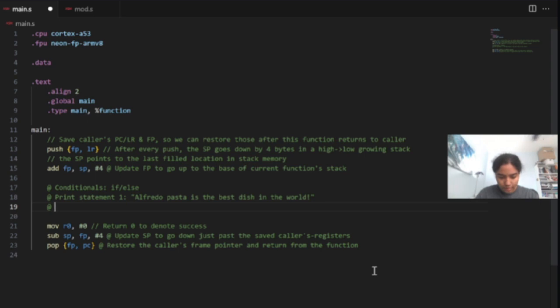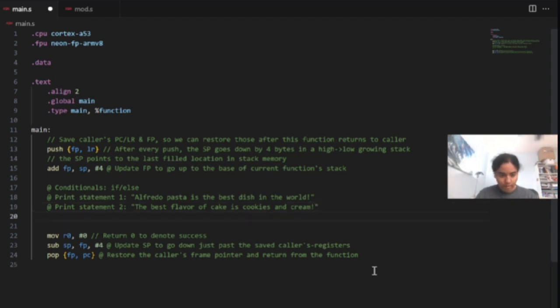The second print statement, print statement 2, again we're going to stick with the food theme: the best flavor of cake is cookies and cream! And then the last print statement, print statement 3